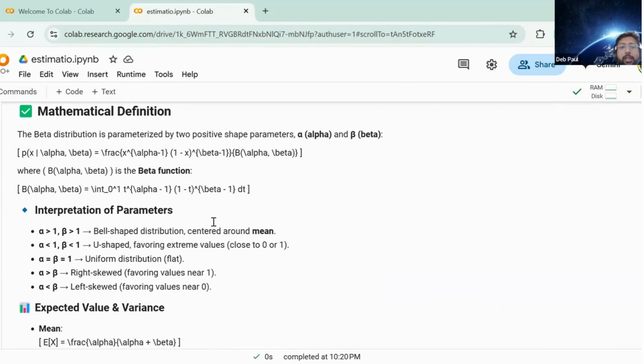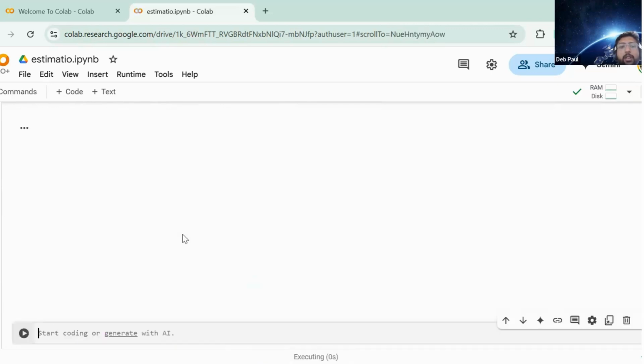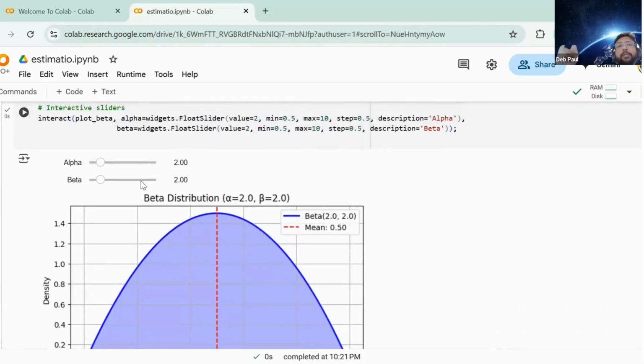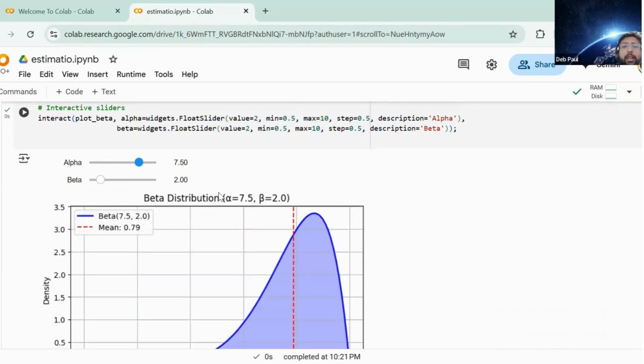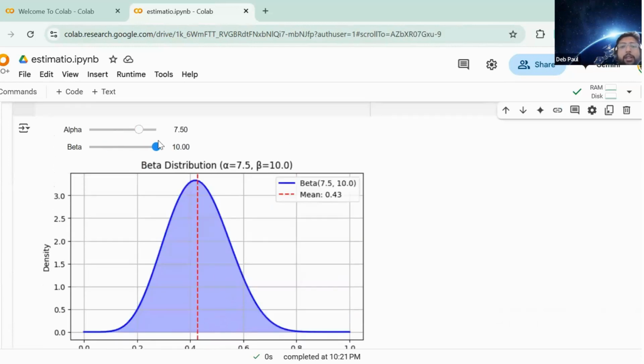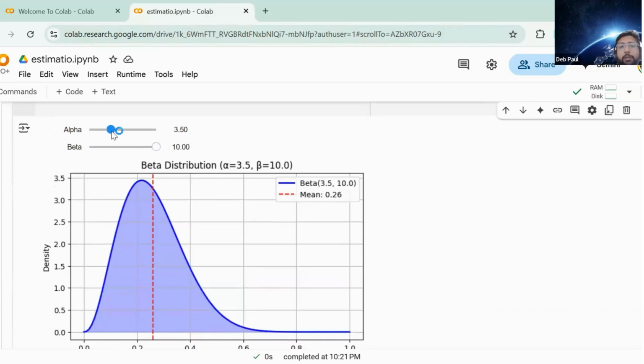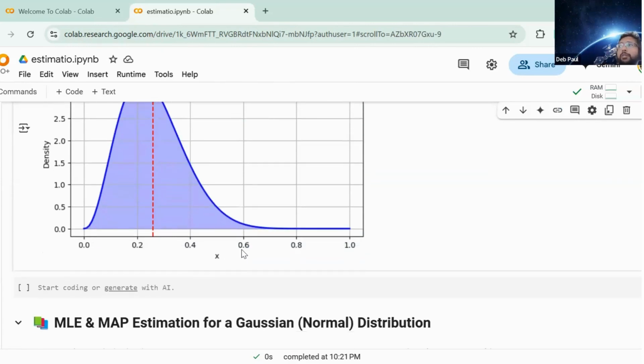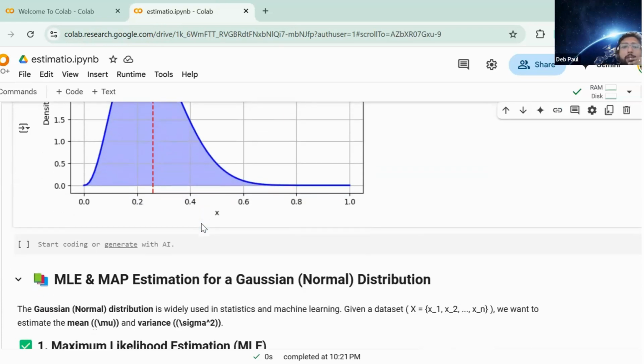The other thing I wanted to say is the beta distribution. The beta distribution is a very nice distribution to look at. Alpha and beta are basically your prior: how many prior tosses you have seen, how many successes. Alpha is the number of successes, beta is the number of failures. If my alpha is very large, the probability of getting heads moves towards the right-hand side. If my beta starts increasing and becomes, say, 10, then alpha is small and beta is very large. So this is basically the uncertainty about my estimate of the probability of heads.